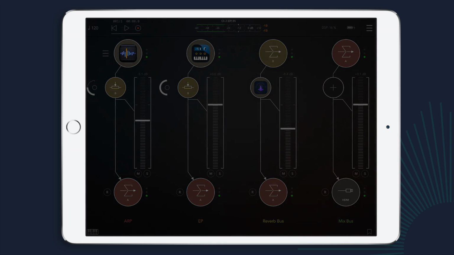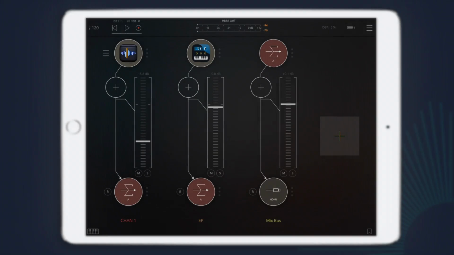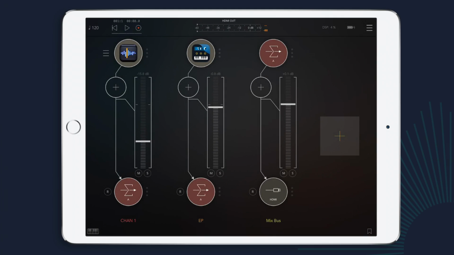The other thing to consider on iOS is that if your effect isn't an audio unit and you're using inter-app audio, then you'll only be able to load a single instance of your app anyway. So by using effect buses, you can make sure that you're using your effect on more than one instrument. Okay, so there are loads of ways that you can be creative with bus routing in AUM,